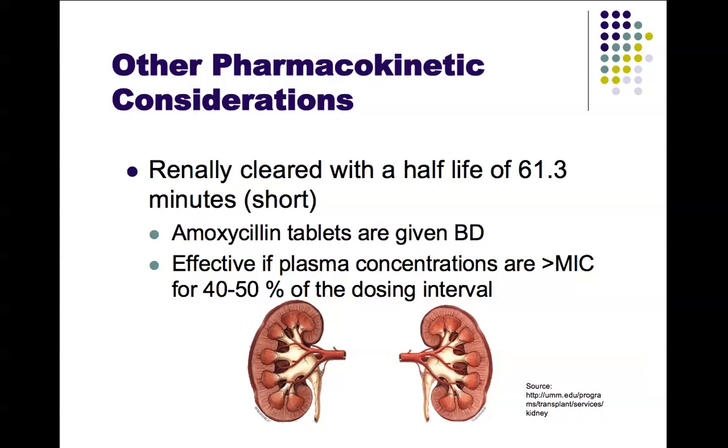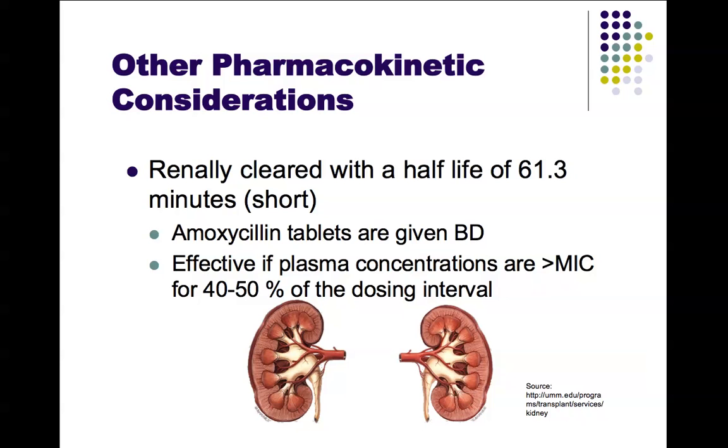The other pharmacokinetic consideration we really need to look into with amoxicillin is its clearance. Amoxicillin is normally renally cleared with quite a short half-life of just 61.3 minutes. This is quite, as I said, it's quite short, and just to put it into perspective, normally we'd consider a drug to be completely cleared from the body within about 5 to 6 half-lives. So when you consider that amoxicillin tablets are usually given twice a day, it just doesn't seem to add up